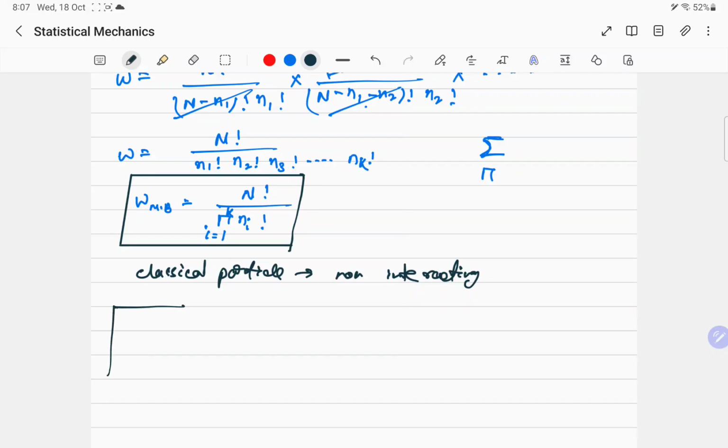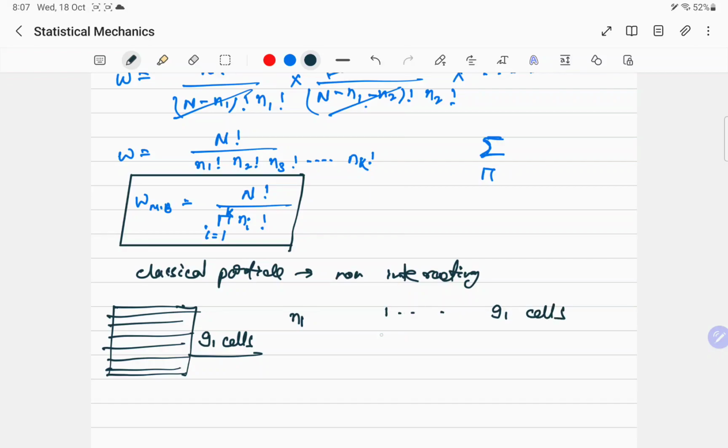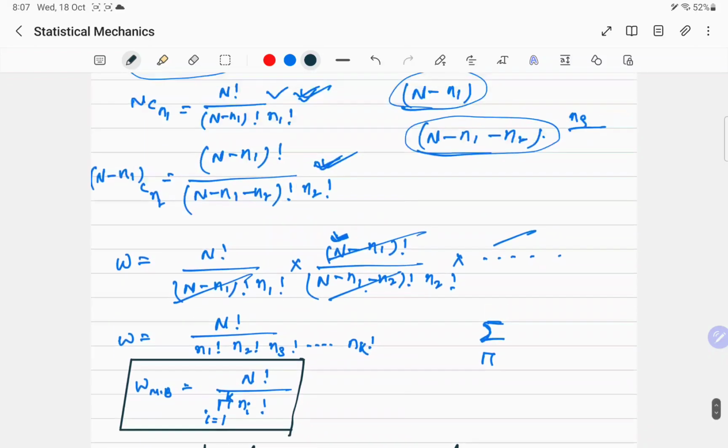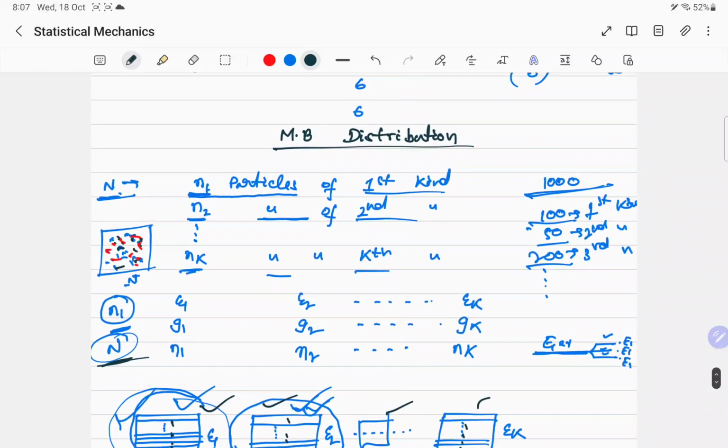So now let's take the first box. It was having G1 cells in it, total G1 cells, and I have in my hands N1 particles. So how can I arrange them? For the first particle there are G1 cells. For the second particle, as they are non-interacting, just from this example, see here,